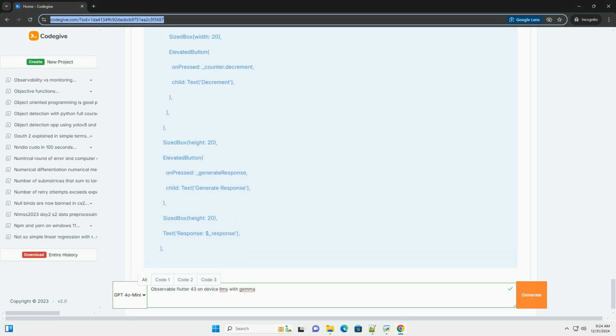Step 2, creating a simple observable class. Create an observable class that will hold the data we want to observe. This will be a simple counter that we can modify. Dart. import package:observable/observable.dart. class Counter extends Observable { @observable int value = 0; void increment() { value++; notifyListeners(); } void decrement() { value--; notifyListeners(); }